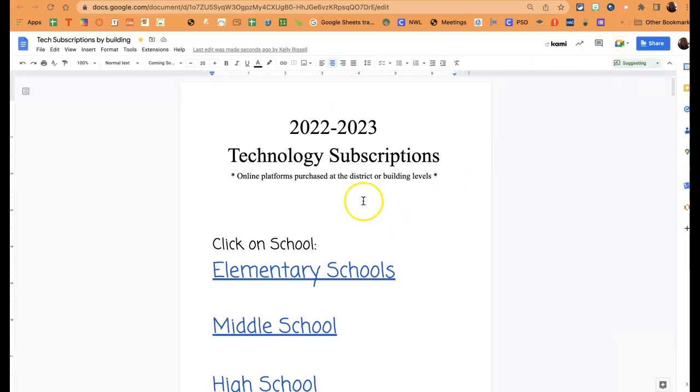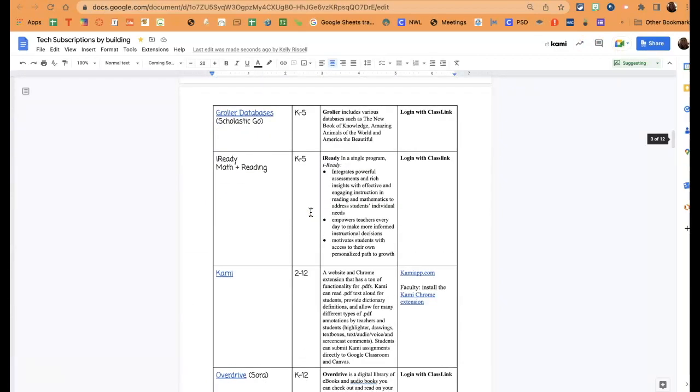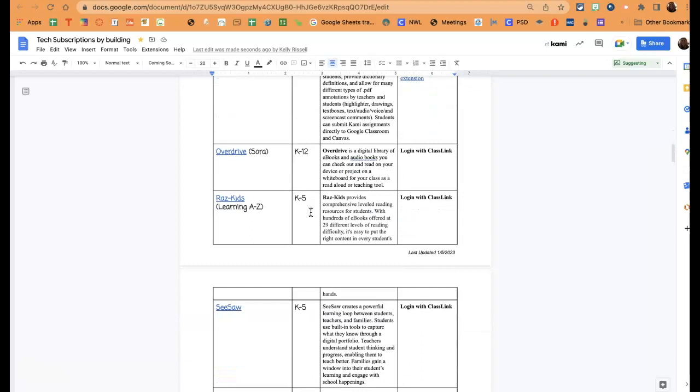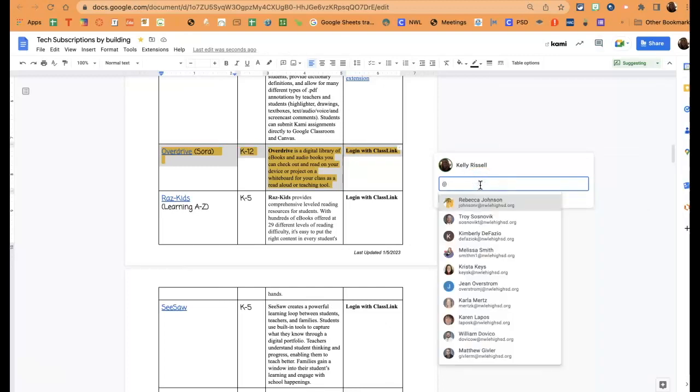All right, the other thing with commenting that's helpful to be aware of is, for example, this Overdrive piece is a librarian piece. This is something that the librarians handle. So if I had a specific question about Overdrive, I might not want to put a general comment. I might want to loop in, especially if they're not already part of my document, you know, I might do what's called an @ mention. So I'm going to @ mention Mrs. Hanlon,